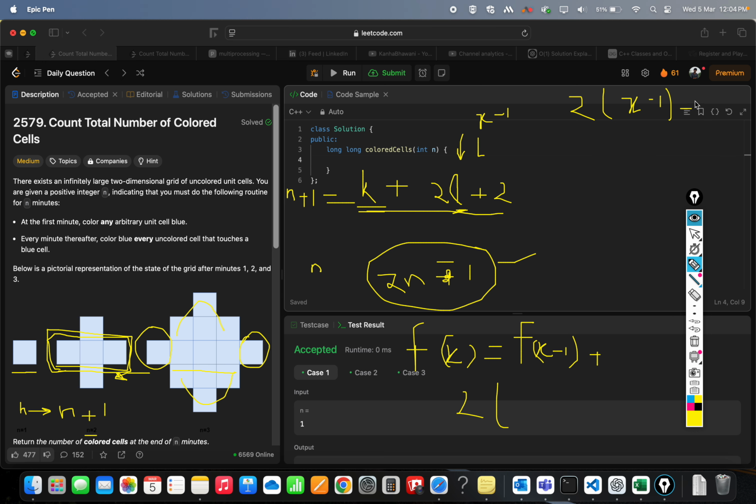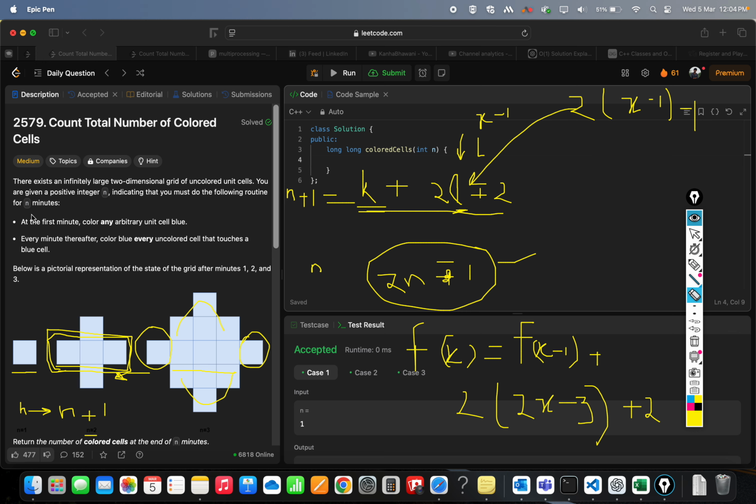minus 1, right? So putting this in this, we will have 2 into 2x minus 2 minus 1, which is 3, and this plus 2. Okay, so finally